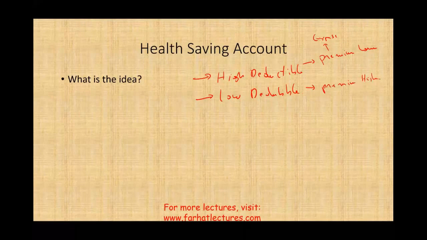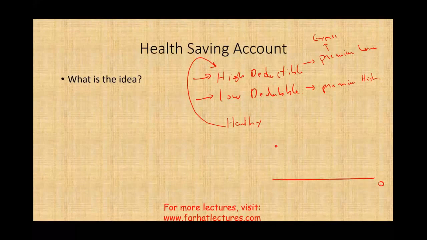When you have a low deductible, your premium is higher. How does it work? Let's assume you are a healthy individual. You would say, you know what, I'm healthy. I am not going to use my medical insurance. I'm going to have a high deductible plan because my premium is lower. What does a high deductible plan mean? Simply put, the insurance company will not kick in until you pay a certain amount of money. For example, I'm making up this number, the first $5,000 of any expense you incur, you have to come up with it, with the high deductible plan. The insurance company will kick in after you incur the $5,000 and the extra dollar, and it will cover everything above that.